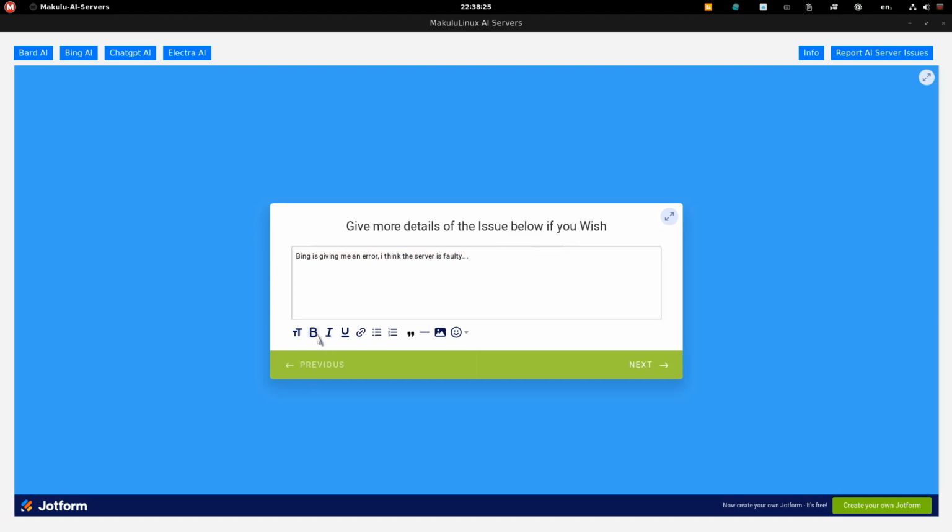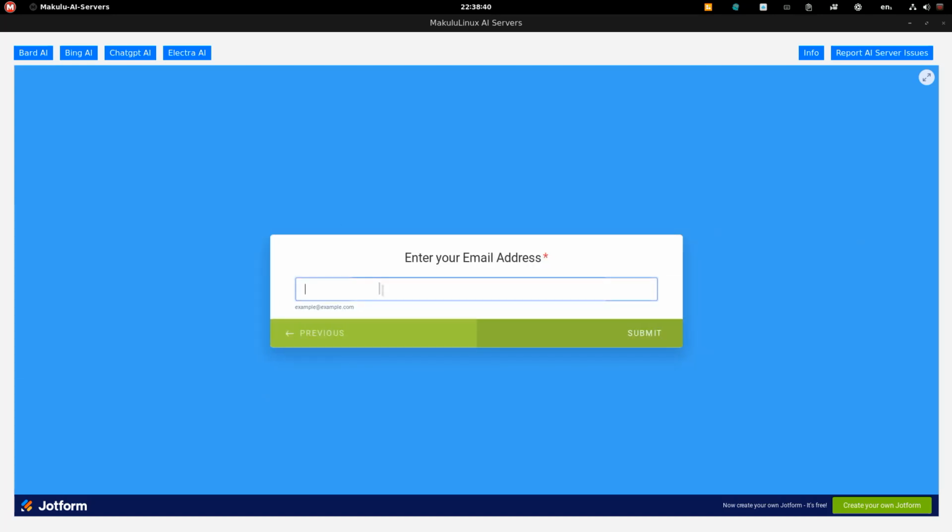You can also bold, italic, underline. You can put it into bullets and so forth. And I think you can set the text size as well, small, large, whatever. And then once you finish writing whatever you want to write, you input your email address and you click submit. Now, the reason we ask for an email address is so that we can contact you back to let you know the fault has been fixed. I mean, if you don't put an email address, how are you going to know that we fixed the issue? So you put in your email address,